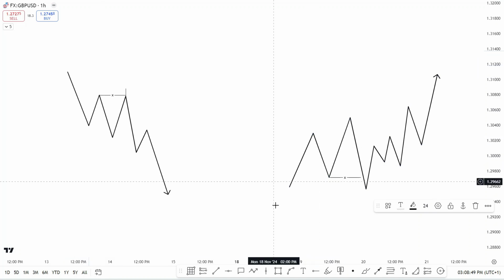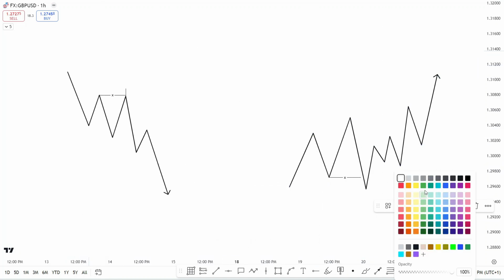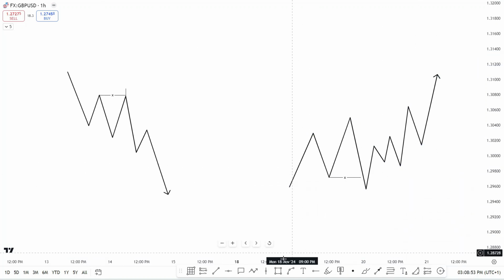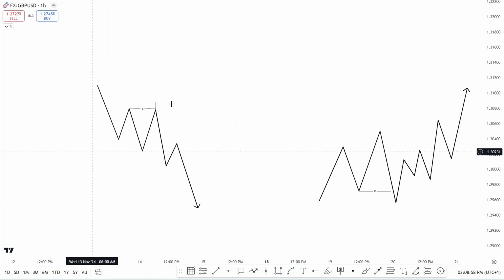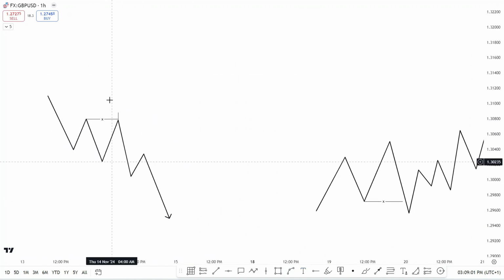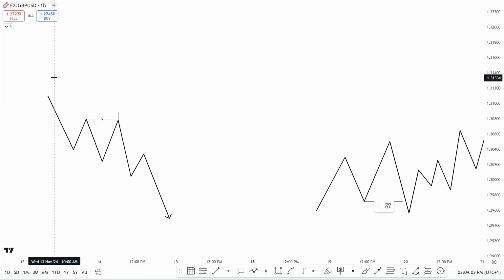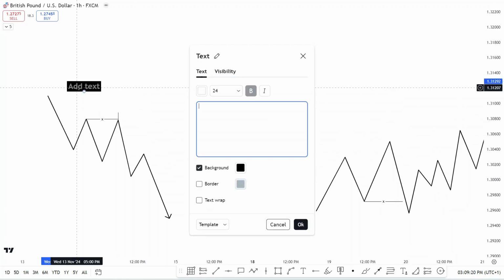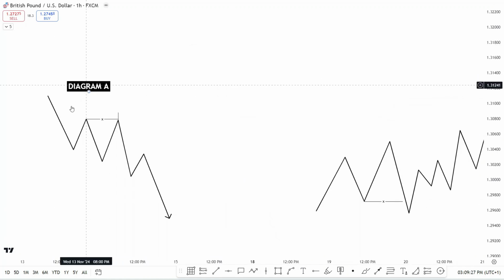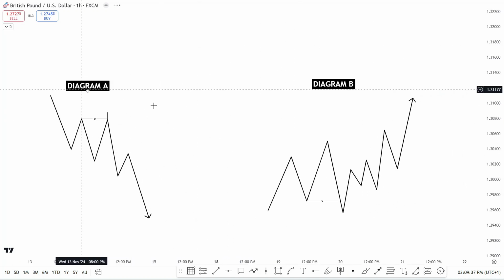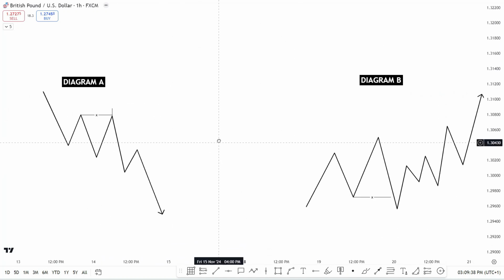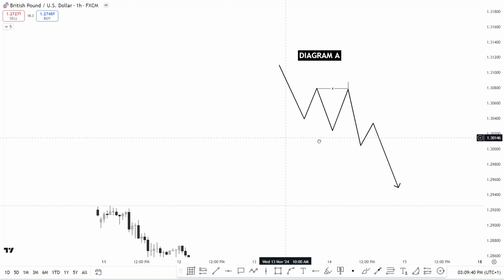So we are going to name this diagram A. So we have this as diagram A, which implies that everything we are going to do here is the first of its kind, the first example. So this becomes diagram A. Let's see if we can write that on A. Okay, so we have diagram A, and the other one is diagram B. Now pay attention, these two diagrams are of different value,